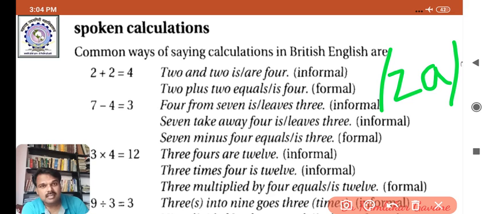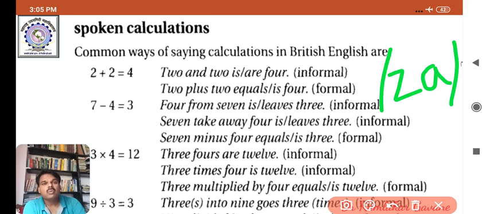And here is the explanation for what is that za. It is not a magician's spell or some code word. It is very simple, and this discussion on spoken calculations would be useful to the students of mathematics. Why mathematics? Any student must know these as a part of basic English.